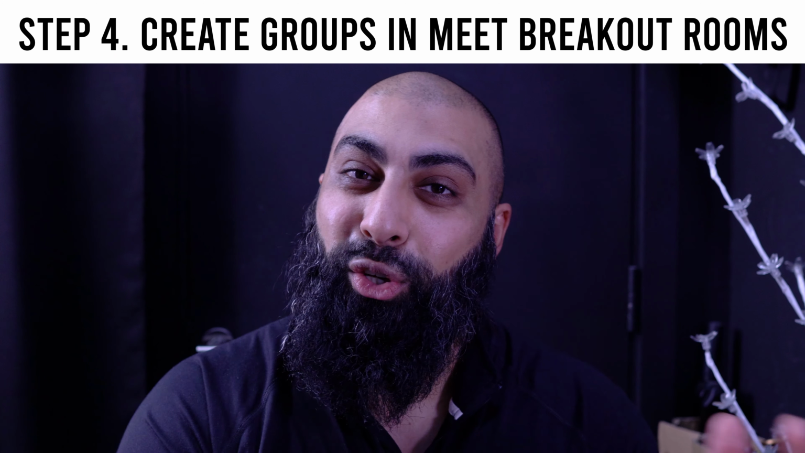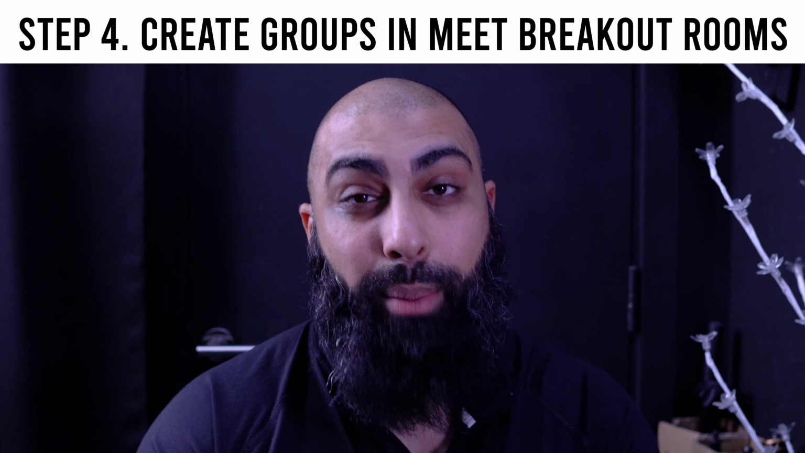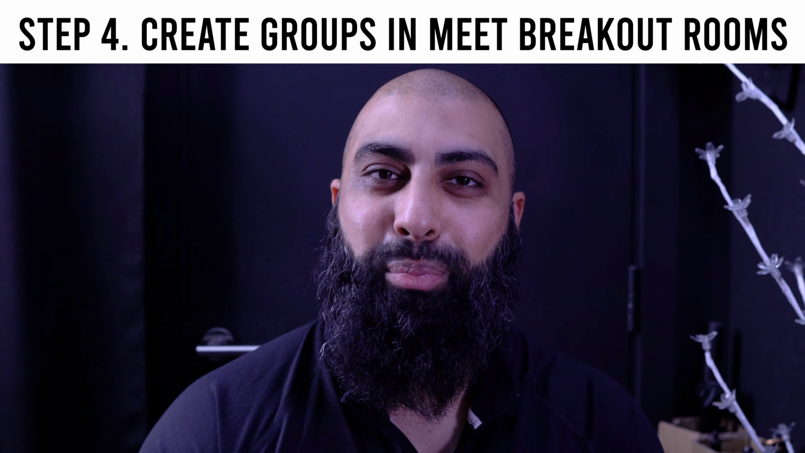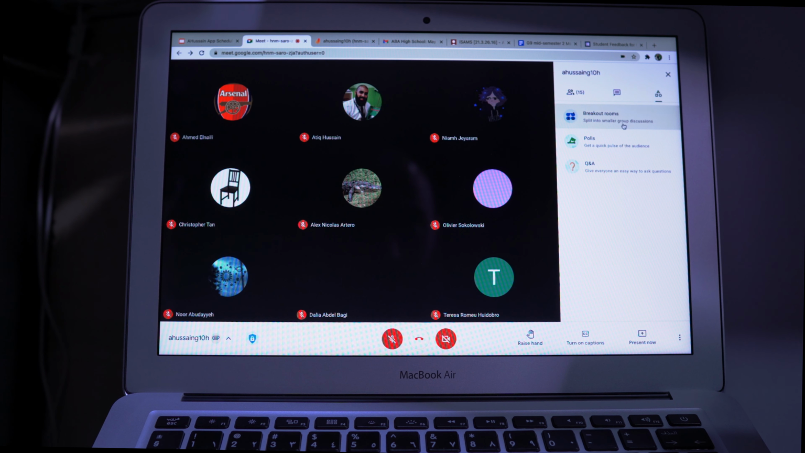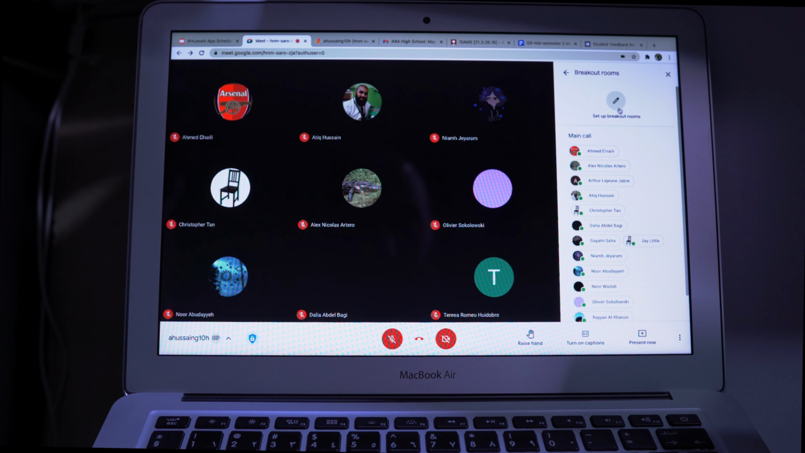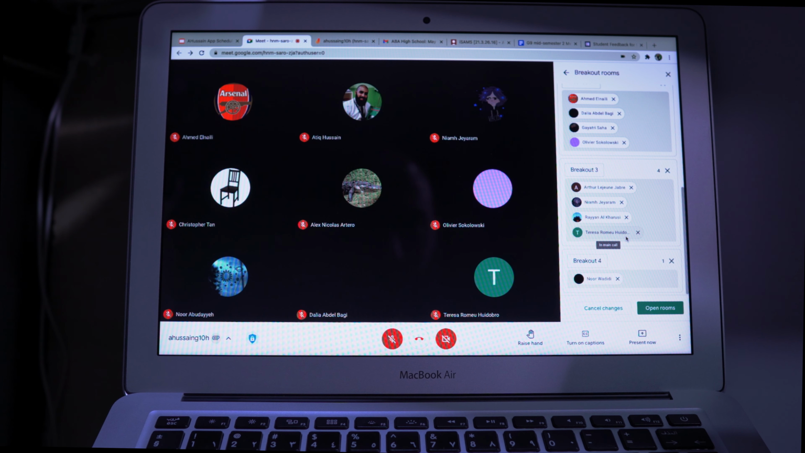Step 4, go back to your Google Meet and create breakout rooms. This way, students can communicate and also collaborate on the Jamboard without disturbing other peers. Create the breakout rooms now. So I'm going to click on the activities button, go to breakout rooms, and then set up the breakout rooms, actually create 4 rooms, and that will divide the students up into